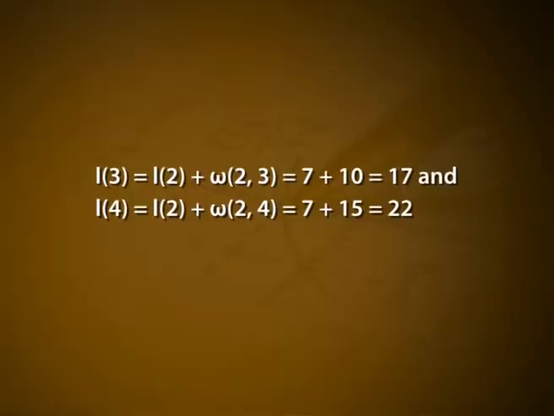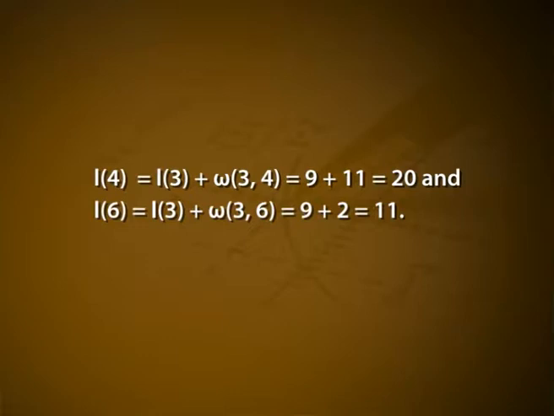Now we go to the third step. We can reach the vertices 3 and 4 from 2. So we calculate L(3) equals L(2) plus W(2,3) equals 7 plus 10 equals 17, and L(4) equals L(2) plus W(2,4) equals 7 plus 15 equals 22. But 3 is reachable directly from 1 in the second step with a weight of 9. The minimum of the values 9, 17 and 22 is 9. So we temporarily fix the direct path from 1 to 3. Thus, at the end of the third step, we are at the vertex 3 and L(3) equals 9.